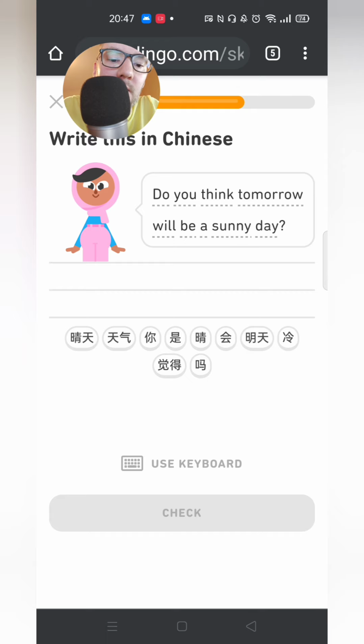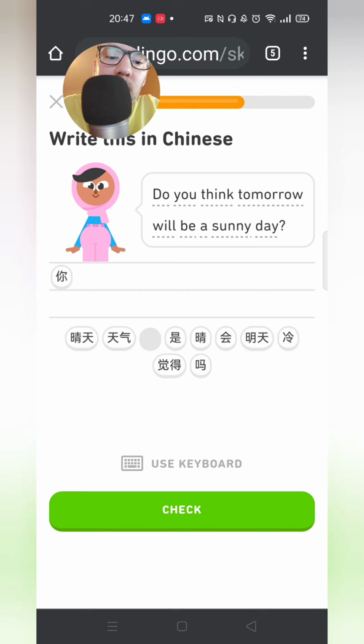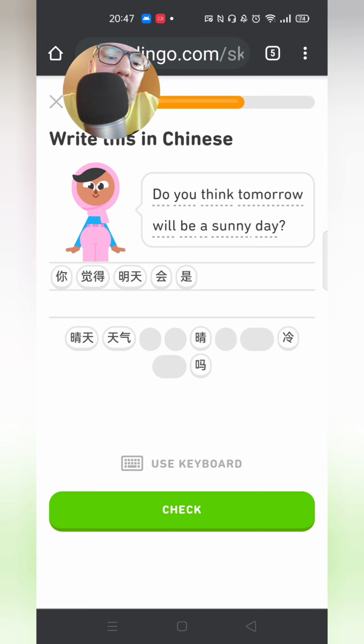Okay. We saw this in Chinese earlier, so 你觉得明天会 what do we say, 会是? I've never ever used that in a sentence, 会 with every other verb, but 会是, let's give it a go and see what happens.